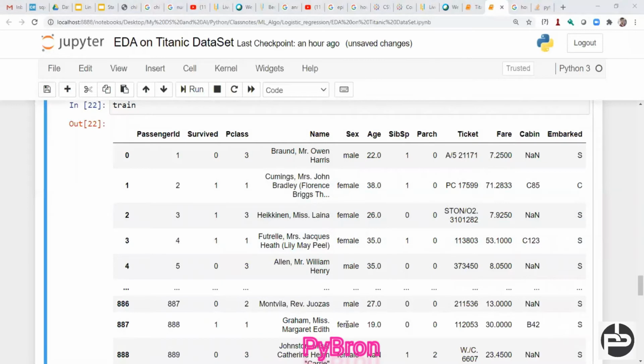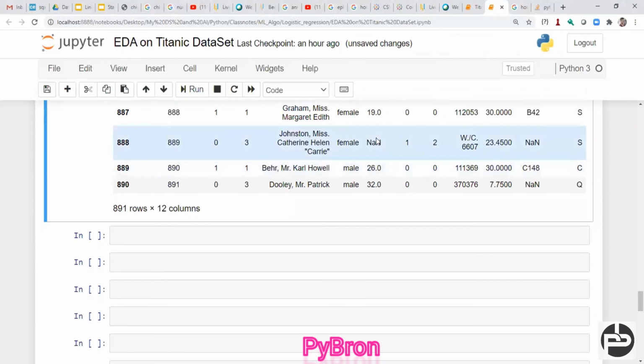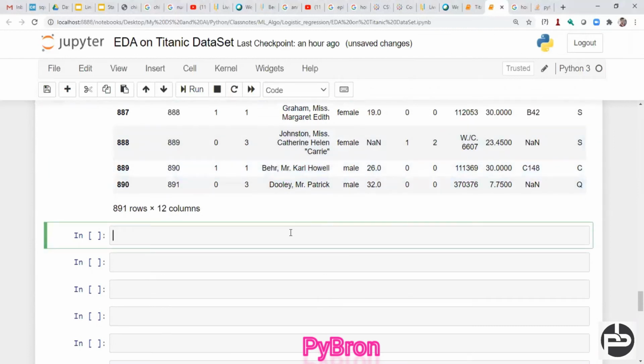So in order to identify the outliers, I'm going to create one custom method which will work for any kind of outlier detection. Means if you are dealing with any data set, this outlier detection method will be very helpful for you, right?